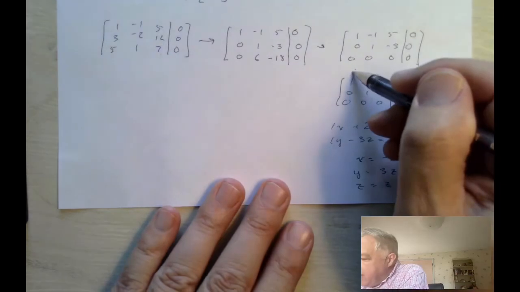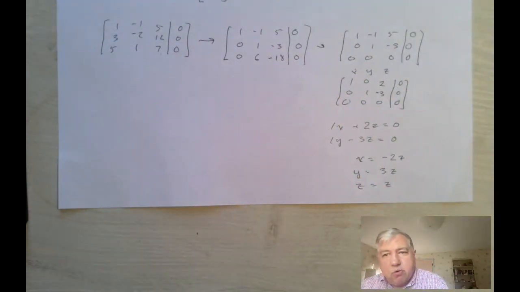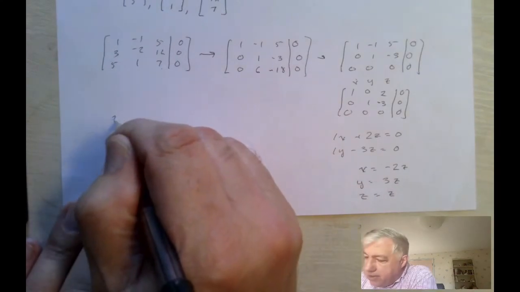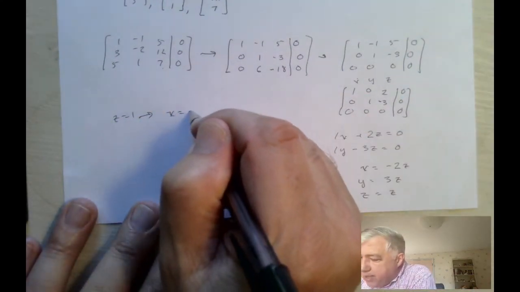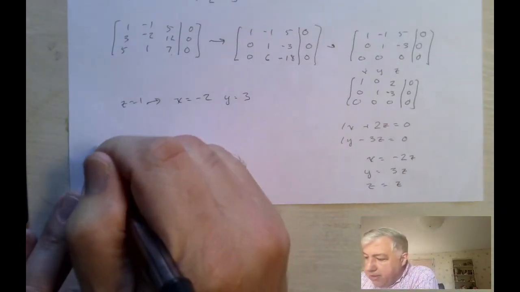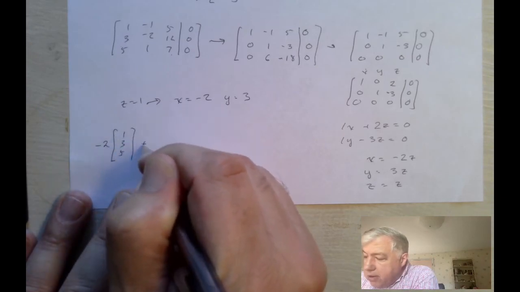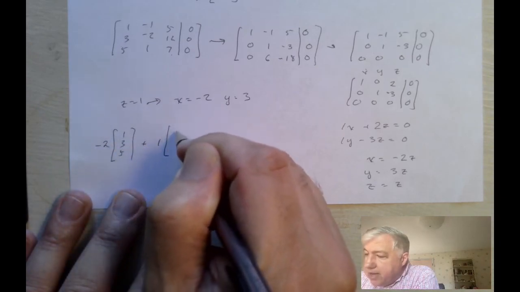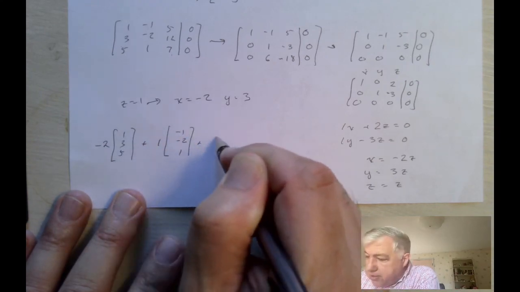Remember from last time, the columns with no pivots correspond to the free variables. And that says we can let z be anything, so I'll let z be 1. If we let z be 1, that means x will be -2 and y will be +3. And sure enough, we get -2 times this first vector plus 1 times the second vector plus